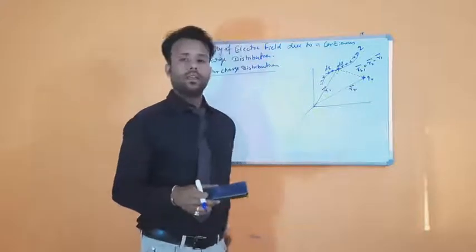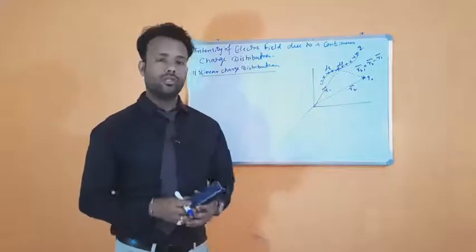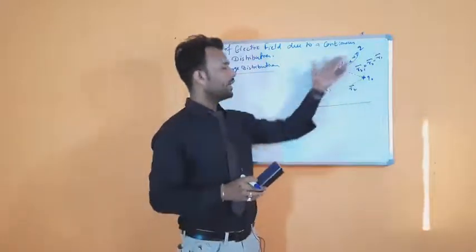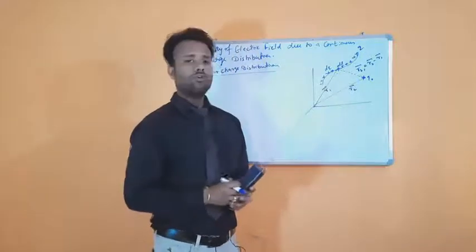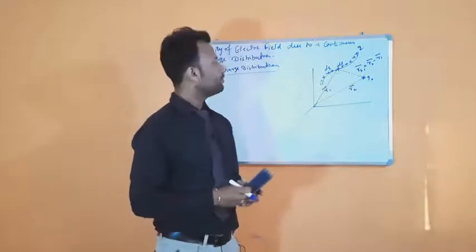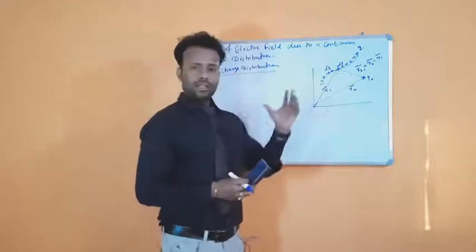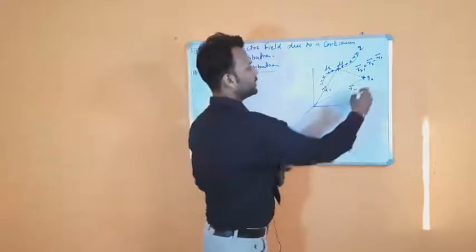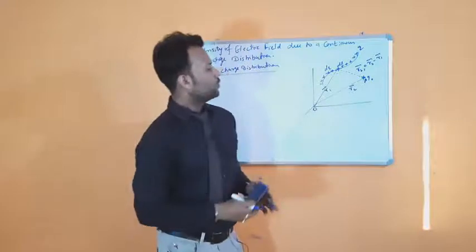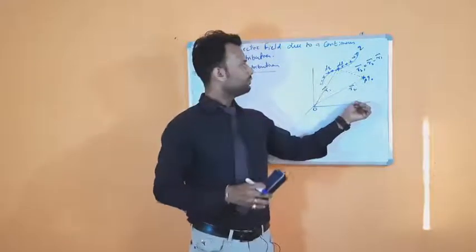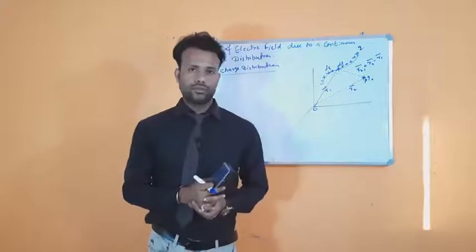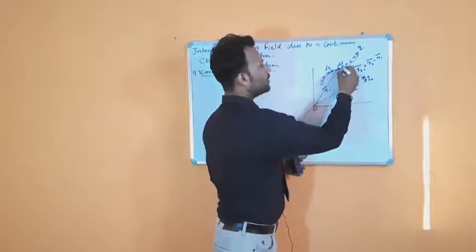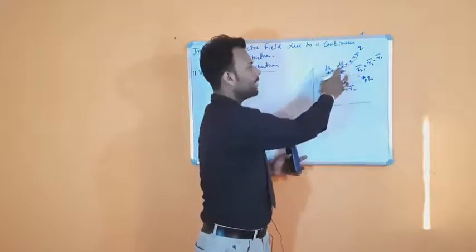It means the charge is distributed uniformly in the form of a line, like a wire. You can see here we have a wire of certain length L, with a uniformly distributed charge Q. If you consider a test charge Q naught at a point, let's say point P here, whose position vector is R2, in order to find the force between this line and the charge, we consider a small element dl having a charge dq.